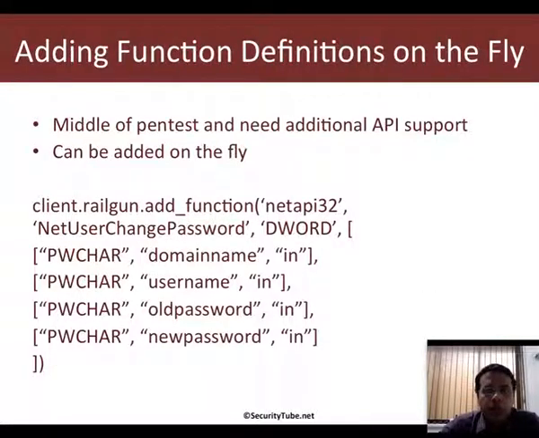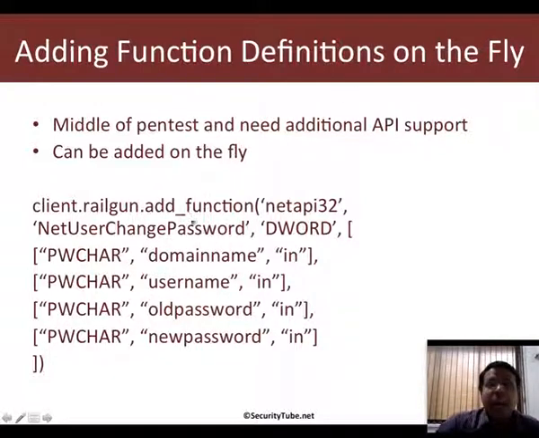The first one is to add function definitions on the fly, when you're already inside a Metasploit session. Probably you may not get another chance to compromise the victim, and you immediately want that specific function to be supported by Railgun. So this is where at runtime you can add the function by using client.railgun.add_function,